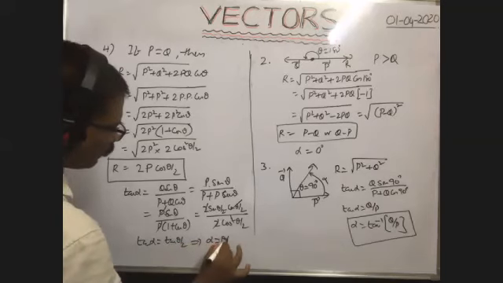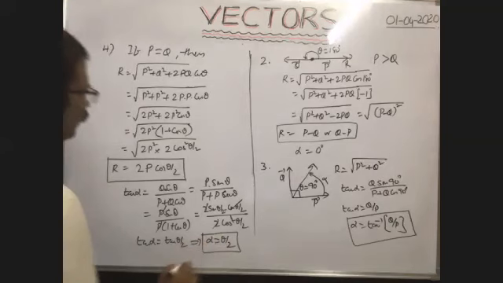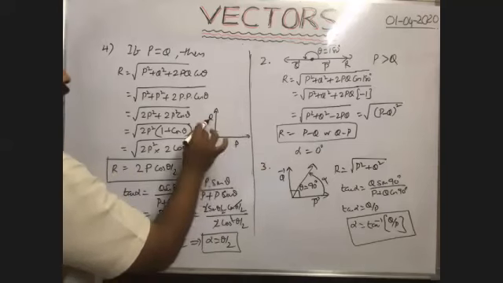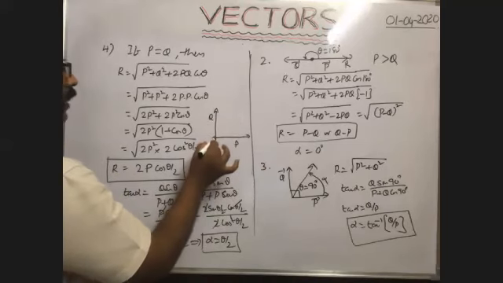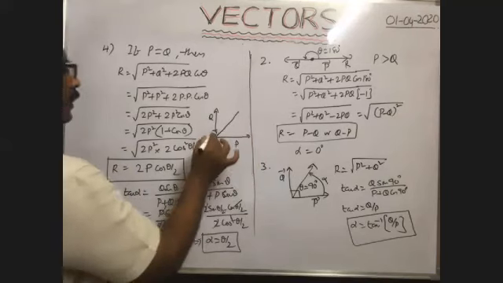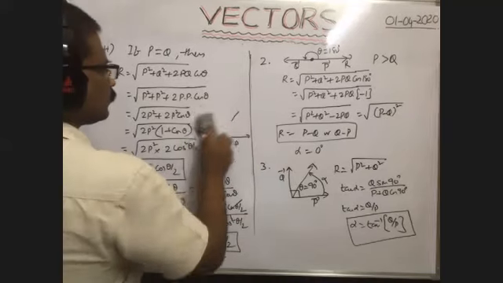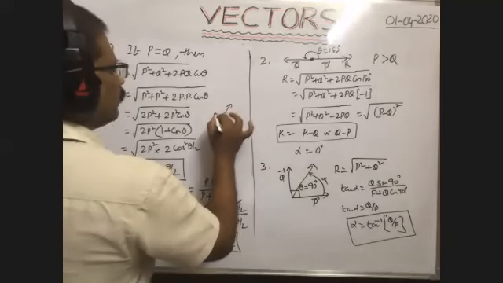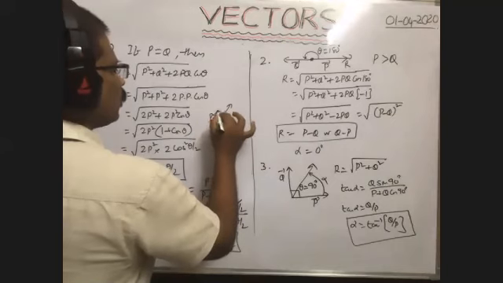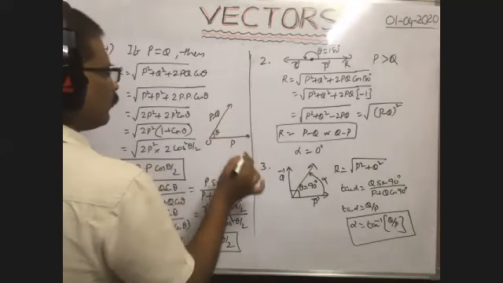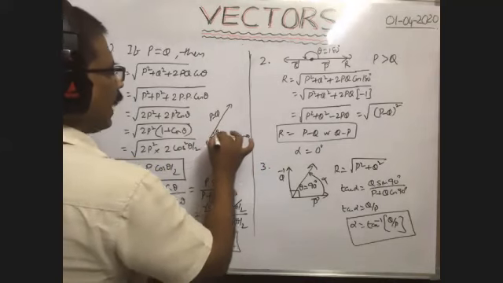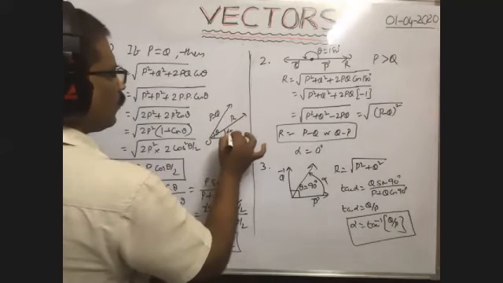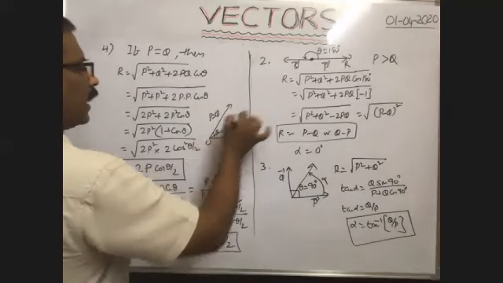That means whenever P and Q are both equal, the resultant vector of these two lies exactly along the bisector. Suppose two vectors act at an angle theta between them, both equal in magnitude, P equal to Q. Then the resultant of these two lies exactly along the angular bisector. That means the angle alpha made by the resultant vector with P is equal to theta by 2. That means it lies exactly along the angular bisector.